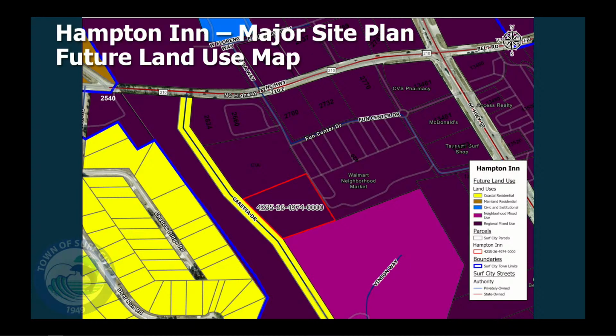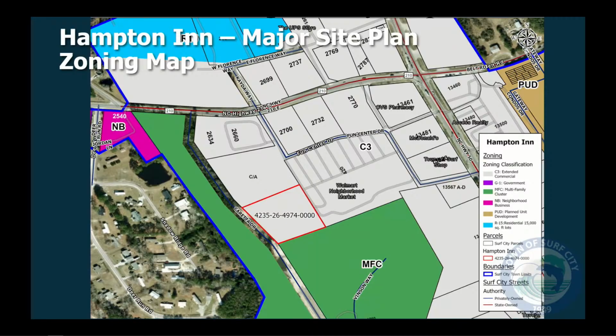Hotels and motels are a right by use in this zoning district. So that's why it's before you as a major site plan, because it is over 20,000 square feet, but it is a use by right. Again, the property is zoned C3, as is the property to the north, which is a stormwater pond. To the east is the Walmart Neighborhood Market. To the south is the Bishop's Creek apartment complex. To the west is future Coretta Drive extension and undeveloped property, which will be part of the future proximity apartments, which has already been approved by the town.